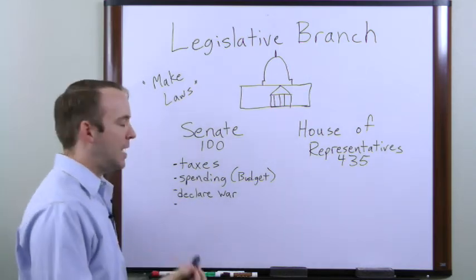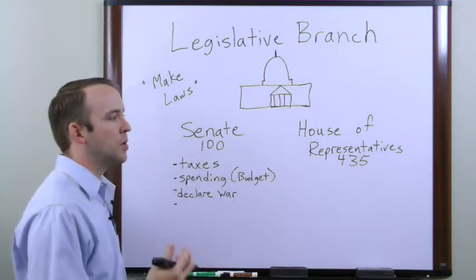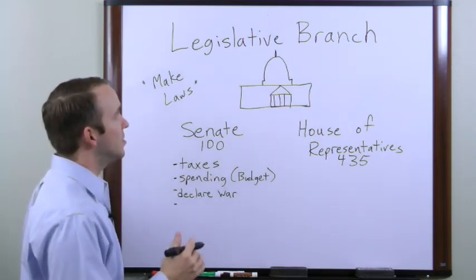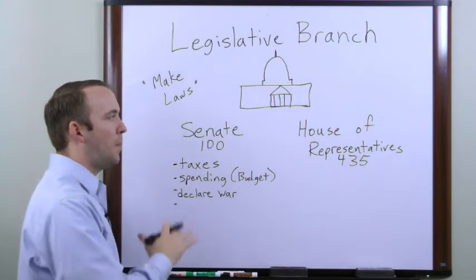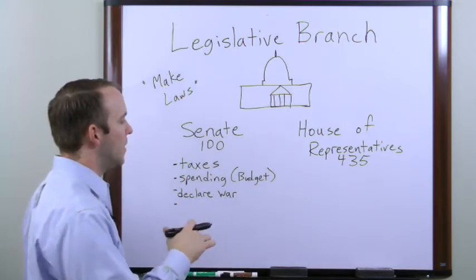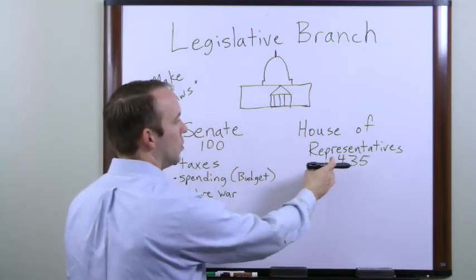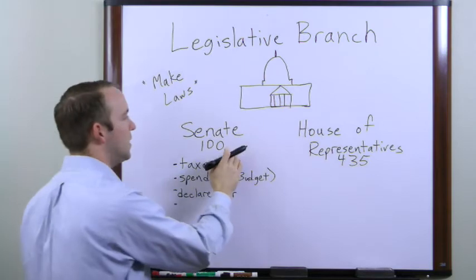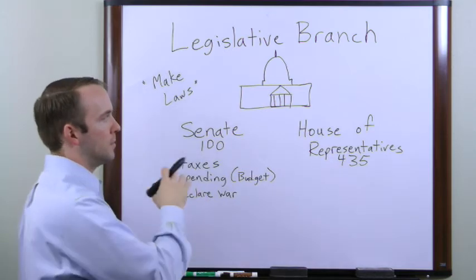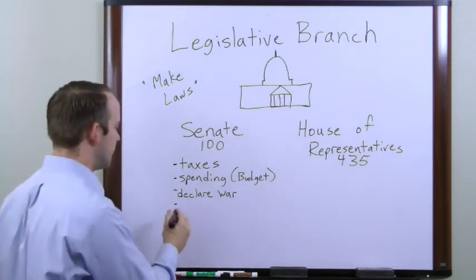To impeach? Impeach. If a president does something that everyone considers to be treasonous or horrendous enough that they should be removed from public office, the Constitution has given the legislative branch the power to impeach the president and other members that are considered to need to be removed. Now, the House of Representatives can hold a vote to impeach, and then the Senate will have a separate trial on the impeachment, and it's got to go through both houses of Congress to be able to remove an officer from their position. What else?